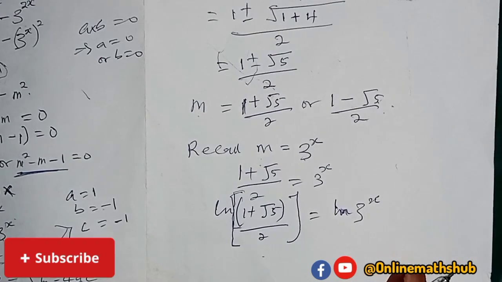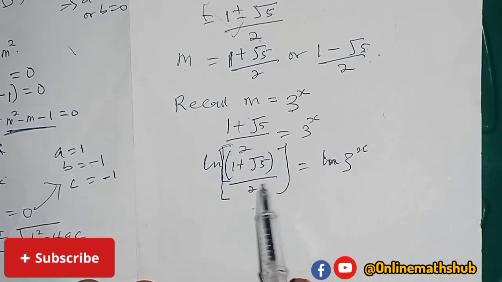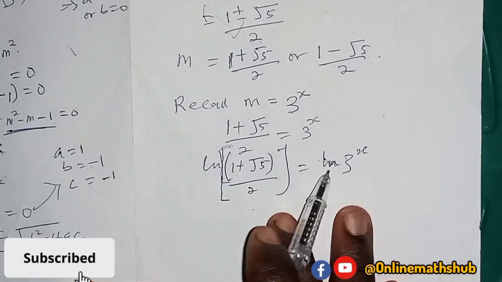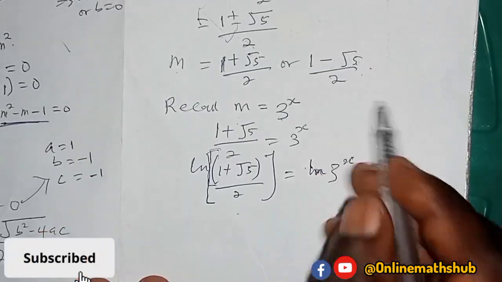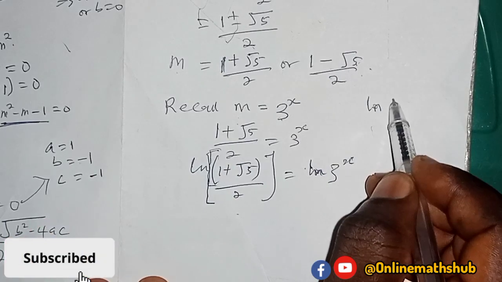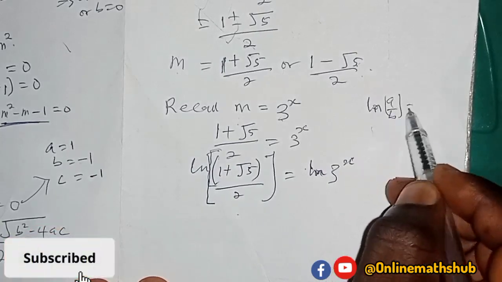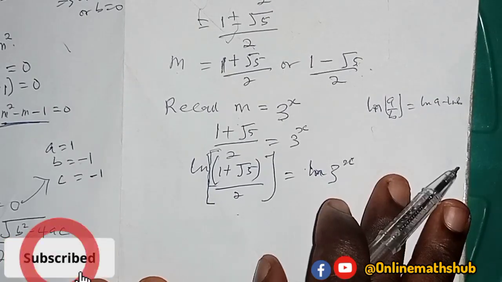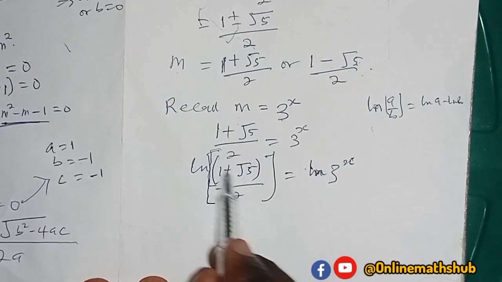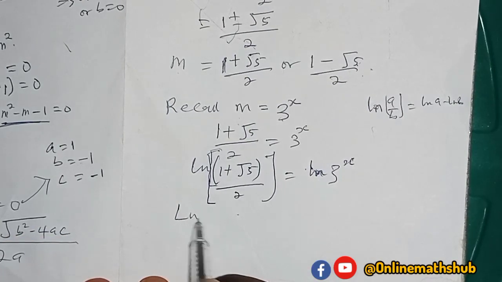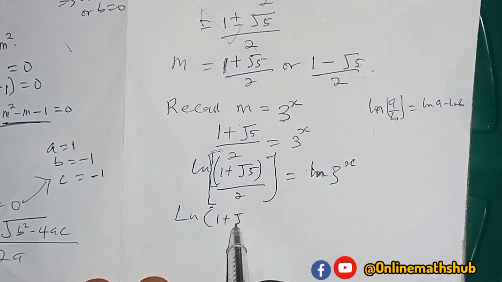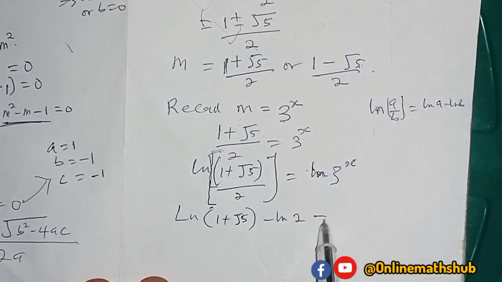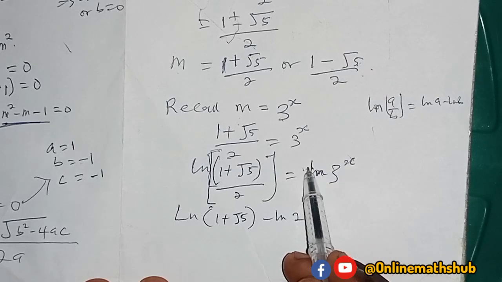Okay, now using the property of ln, this exponent is actually going to come down, and then I'm going to split this one right here because one of the properties of ln says that if you have ln of a divided by b, you can actually write this as ln a minus ln b. So I'm going to use that right here, and of course I'm going to be having that this is equal to ln of 1 plus root 5 minus ln 2 is equal to,